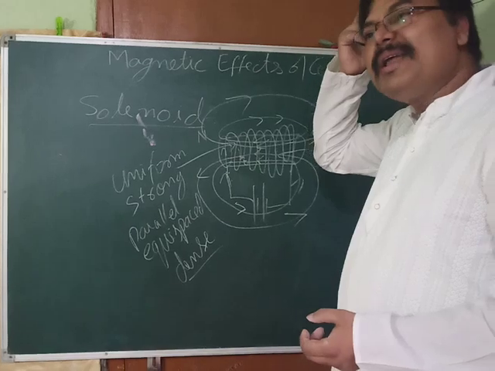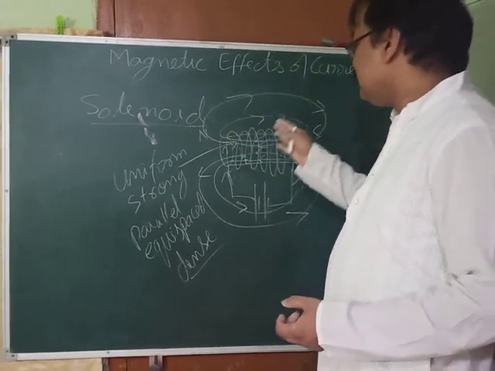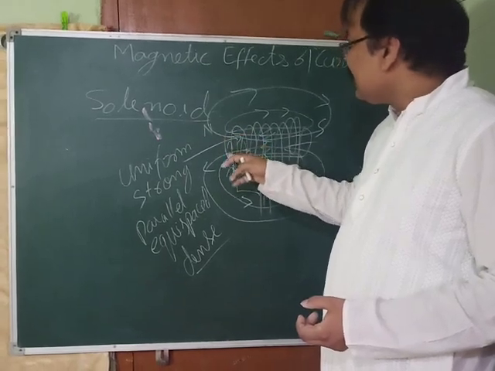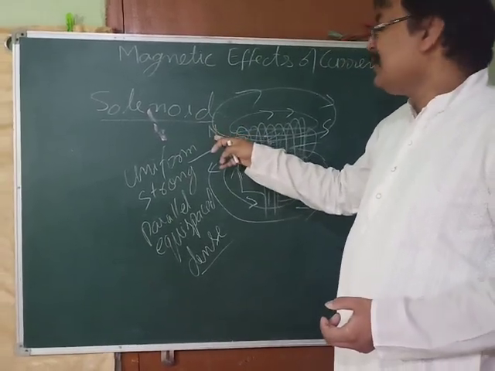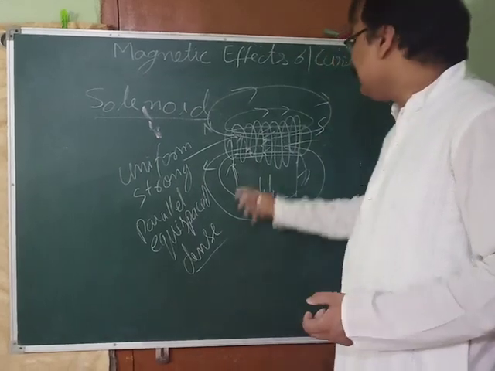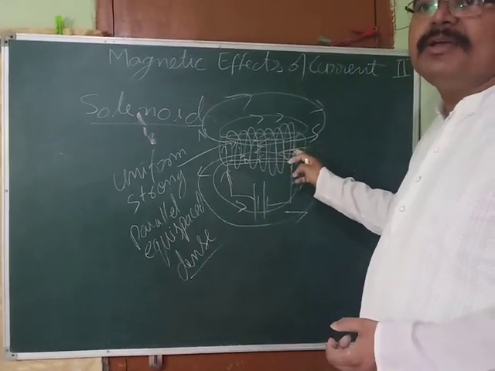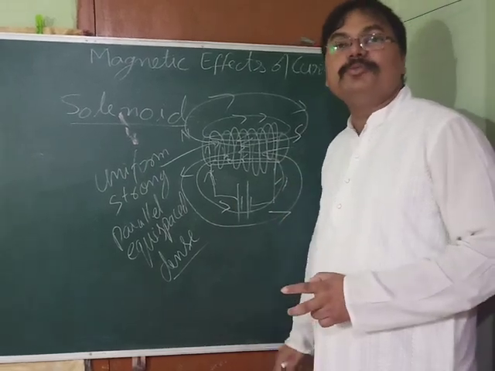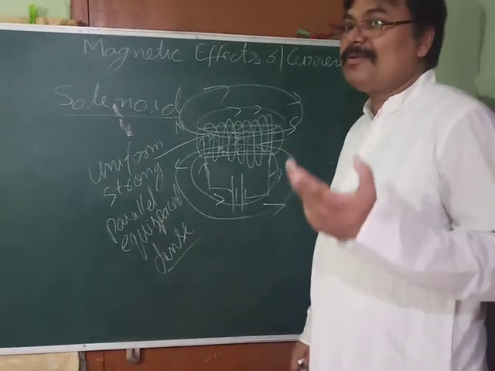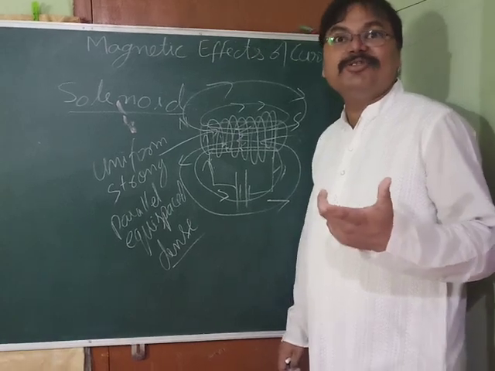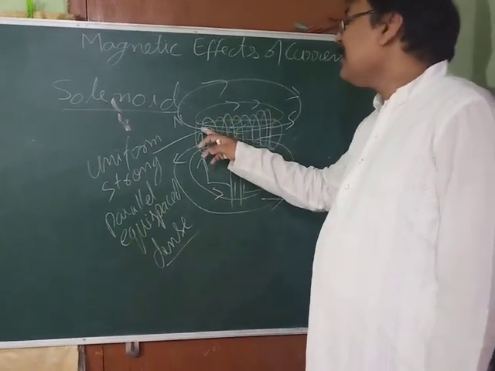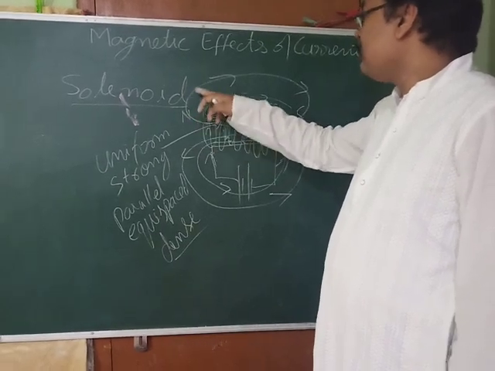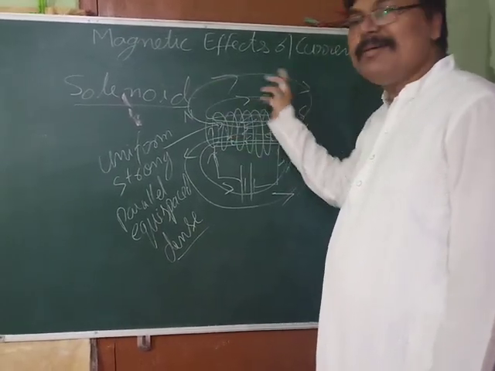Whereas outside, the end of the solenoid from which current appears to be anti-clockwise behaves as a north pole, and the end of the current carrying solenoid from which current appears to be clockwise behaves as a south pole. And a bar magnet also has two poles, north and south. Third thing, in a bar magnet, the lines start from the north pole and terminate at the south pole outside the magnet.